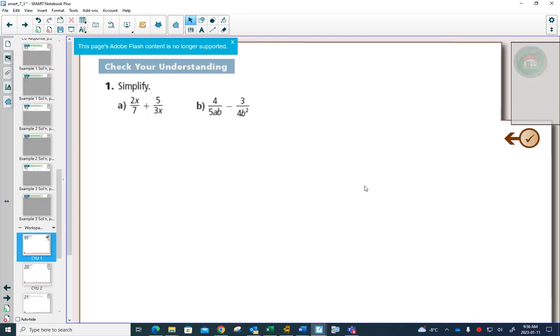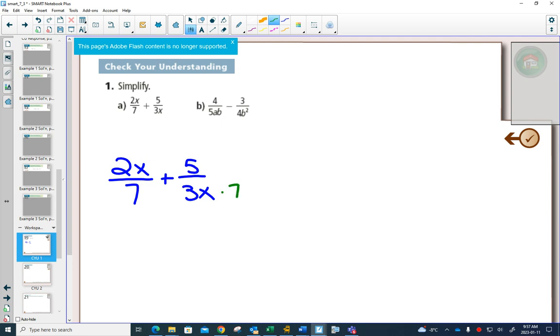Our first examples are very similar to regular adding and subtracting fractions. We need to get that common denominator, and so we look at the denominators we have. I'm going to just rewrite this so that I have more space. I look at my numbers in the bottom. This one has a 7, this one has a 3. In order to be the same, this one's going to need a 7 and a 7, and this one's going